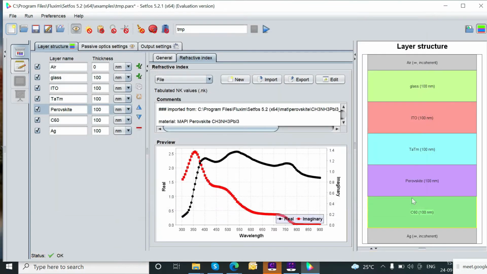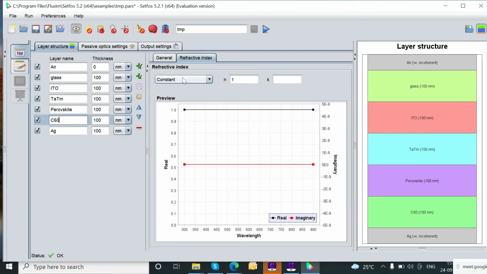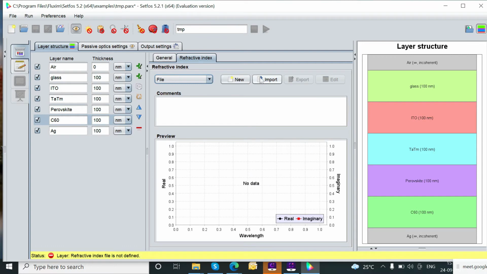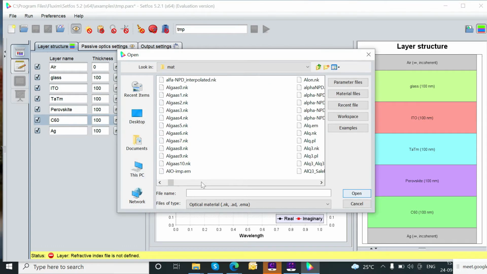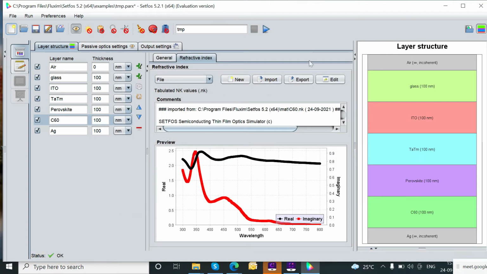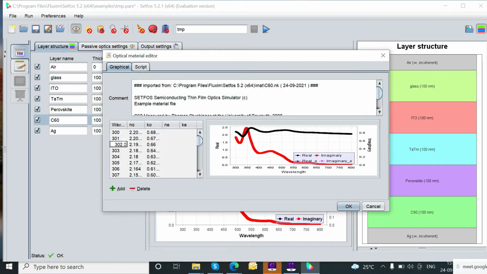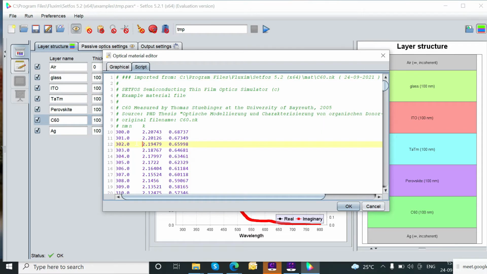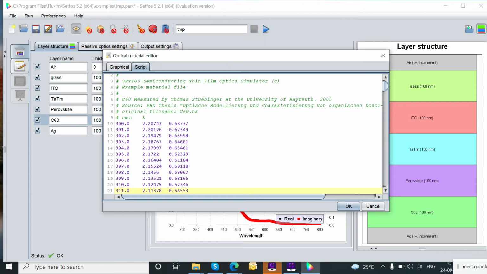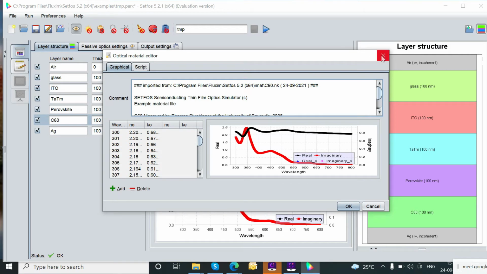Now after this is the perovskite layer. Similarly for perovskite, I will click on file and click on import. In this material file, this is the material directory which is under the C drive. My material directory is there. From there I am taking this data, and this is a perovskite. There are many combinations of perovskite materials present inside our library, with NK data and photoluminescence and electrical materials data. Suppose I would like to take this data, CH3NH3PbI3. So I selected this and imported.